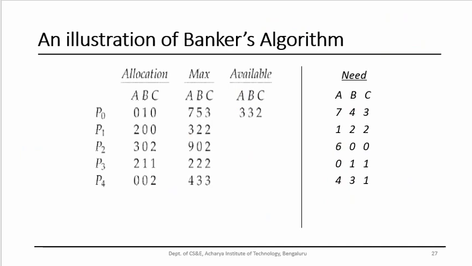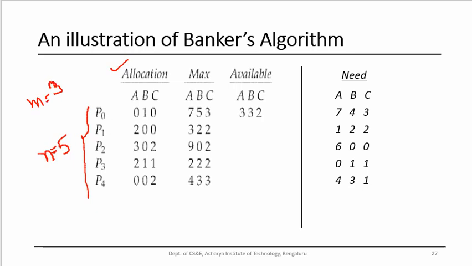Okay, let me explain Banker's algorithm with this example. You see here what is allocation, how many processes are there? There are 5 processes, P0 to P4. And how many different types of resources are there? A, B, C. So there are 3 types of resources. What is the value of n in this case? N is equal to 5. And what is the value of m? M is equal to 3.